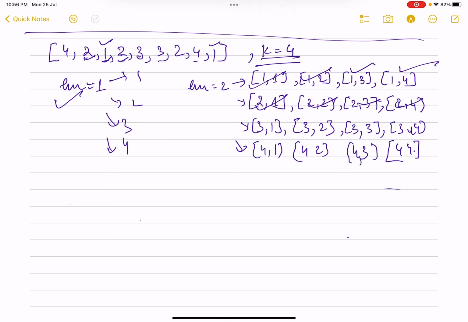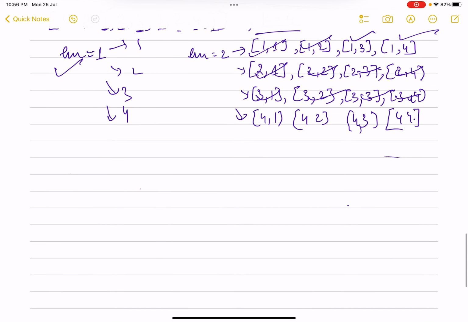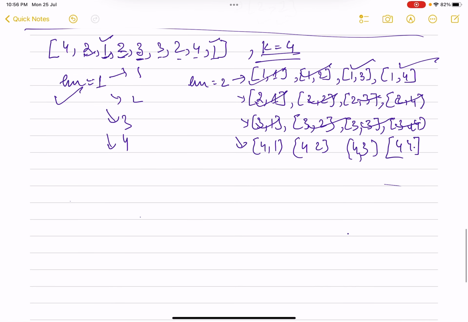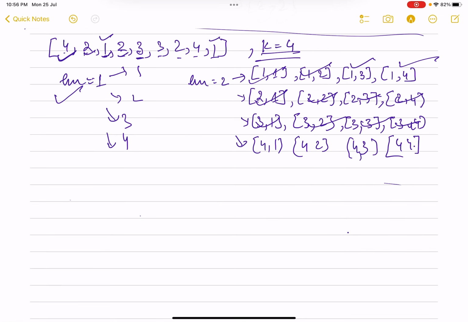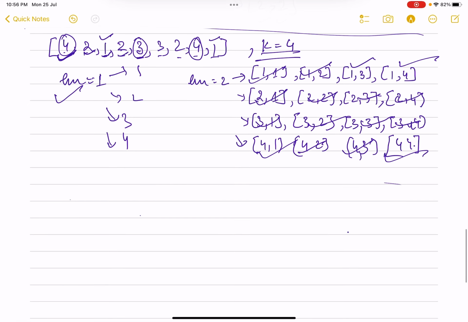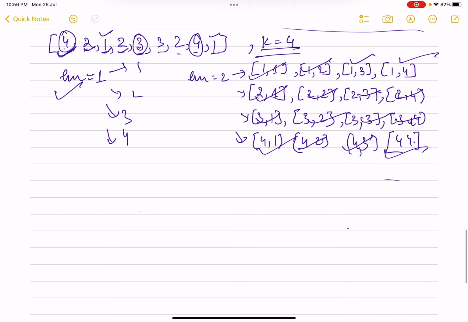Let's come to 3. So after this 3 we have all the numbers, right? 1 2 3 and 4. So that means we are able to form all these 4 as well, right? Now let's come to 4. After this 4, do we have 1 2 3 and 4 in any order, right? We want to form 4 1. So here is 4, here is 1. This can be formed. We want to form 4 2. 4 is here, 2 is here. We can form it. We can form this 4 and this 3. Done. We need to form 4 4. This is 4, this is 4. Done. So that means for length equals to 2 we are able to form all these sequences.